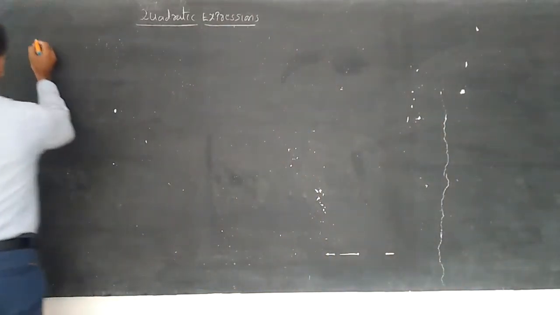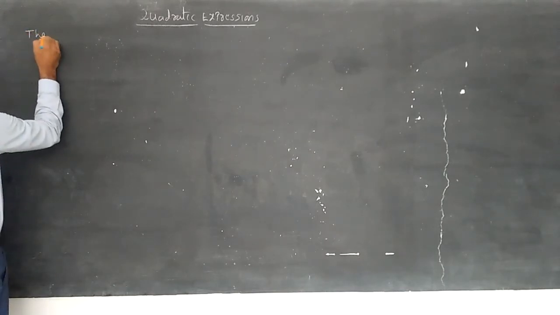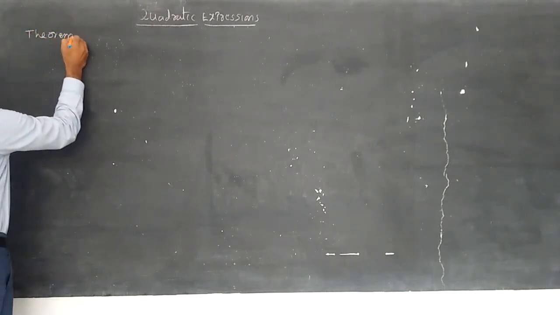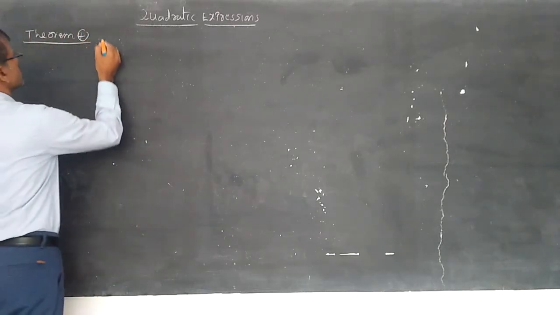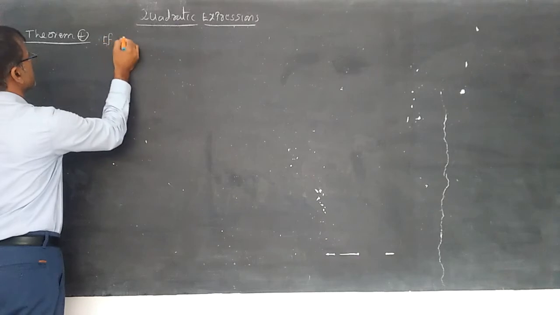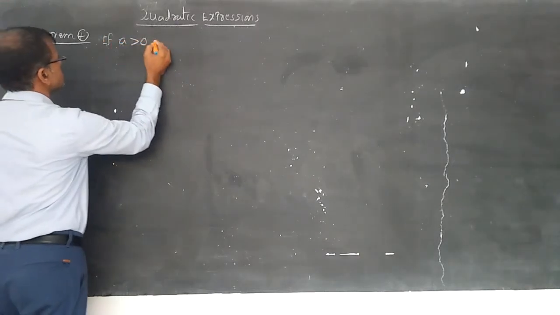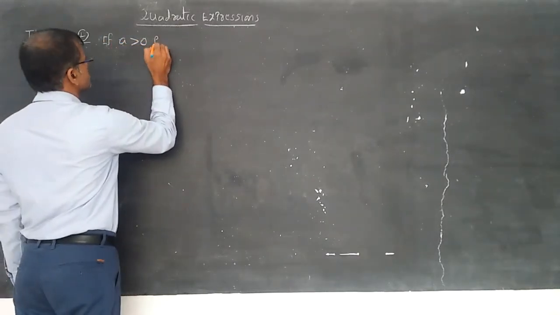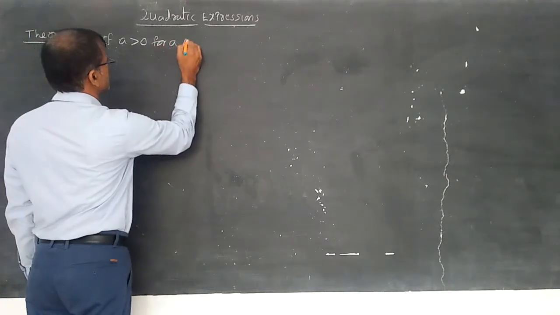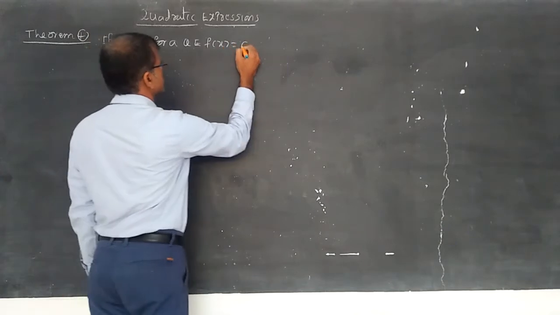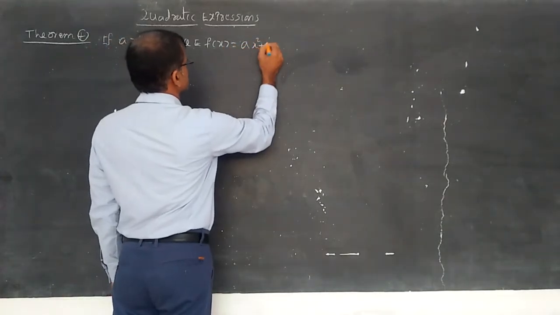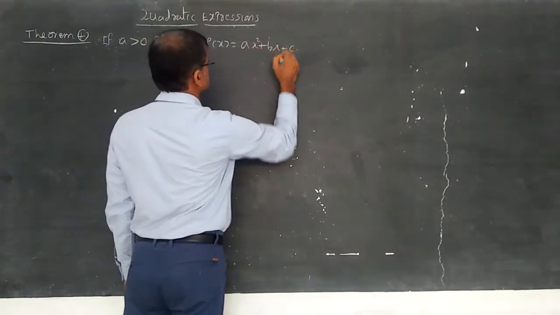Let us discuss theorem 4. Theorem 4: if a greater than 0 for a quadratic expression f of x is equal to ax square plus bx plus c,